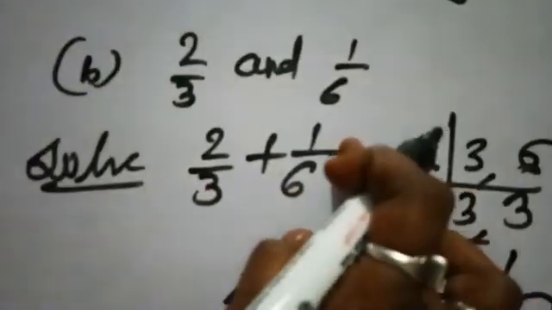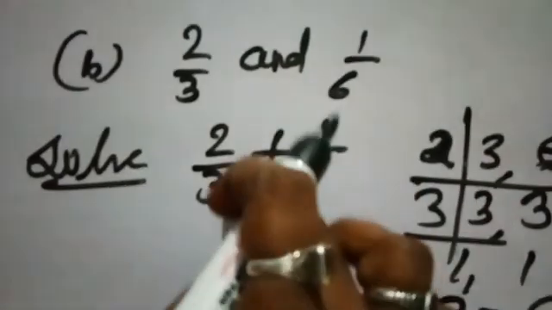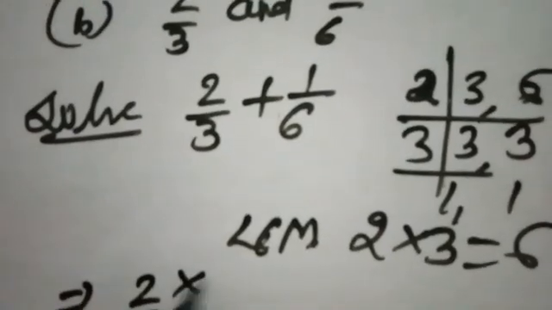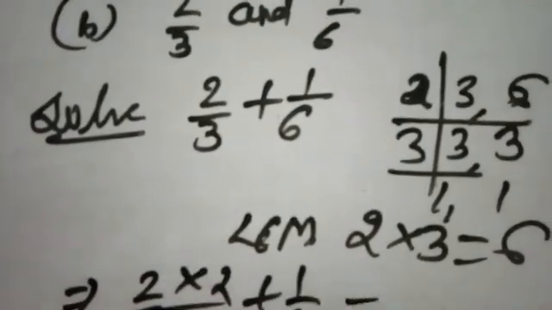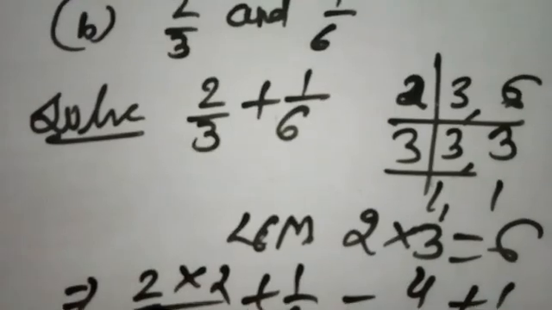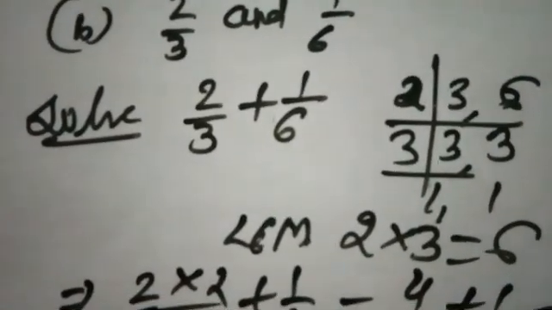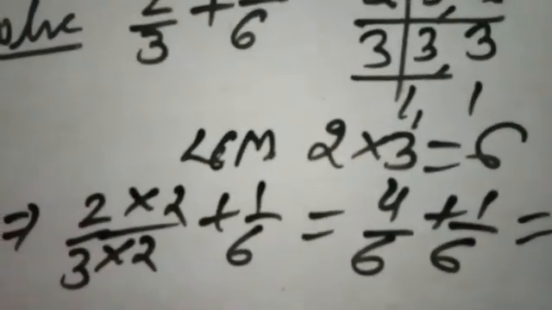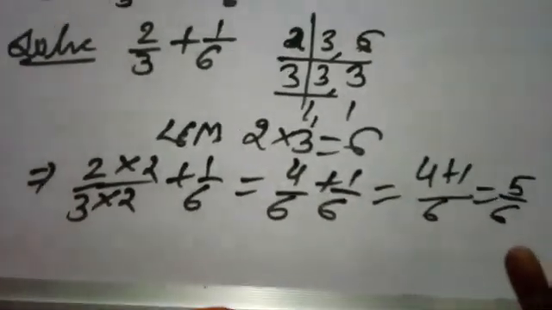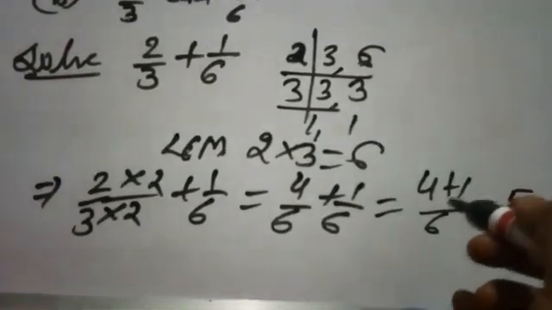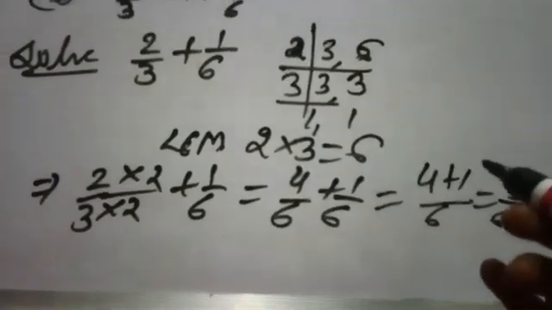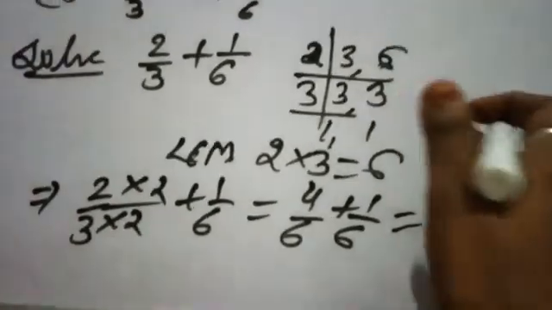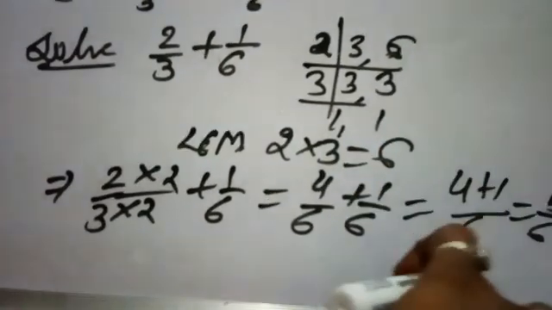6. Here in the second number the denominator is 6. In the first one, 2 upon 3, we will convert into 6. Our answer is 4 by 6, then 1 by 6. It means it is 4 plus 1 by 6. Our answer is 5 by 6. So with the help of this method you can easily do the addition of fractions that have different denominators. In addition and subtraction we will do the same process.